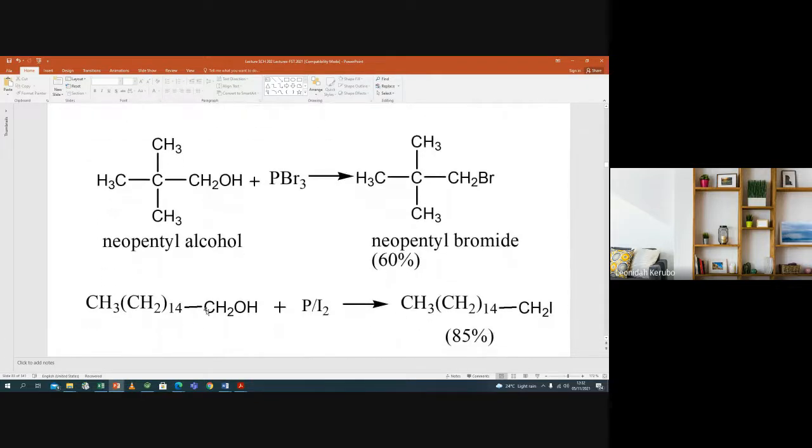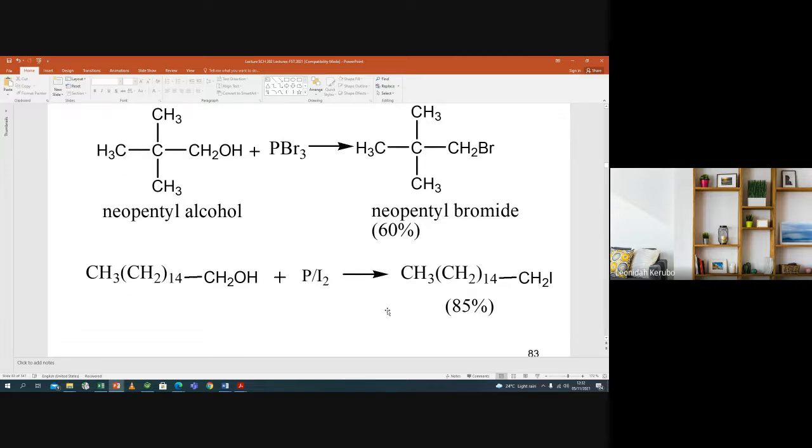So this is another primary alcohol. This carbon, which is bearing the hydroxyl group, is attached to one other carbon. It's CH2 14, which just means there are 14 CH2s attached. So the total number of CH2s is 14, but this carbon is attached to one other carbon, reacting with a mixture of phosphorus and iodide to generate phosphorus triiodide. Then the final product is going to be this alkyl iodide, and the yield you can see is also good,